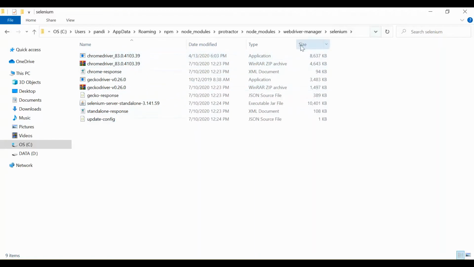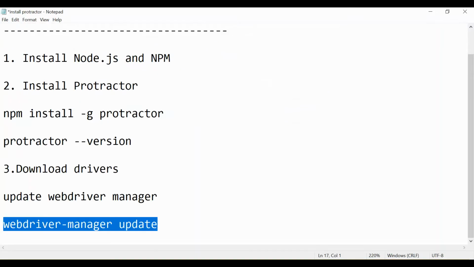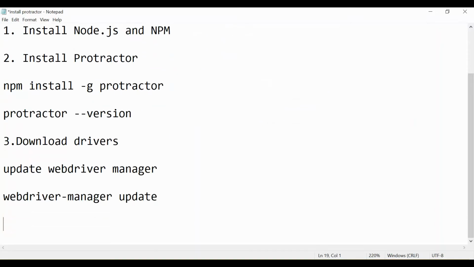So the next step is to locate two files: conf.js and example spec.js. These two files are automatically downloaded when you install the protractor.